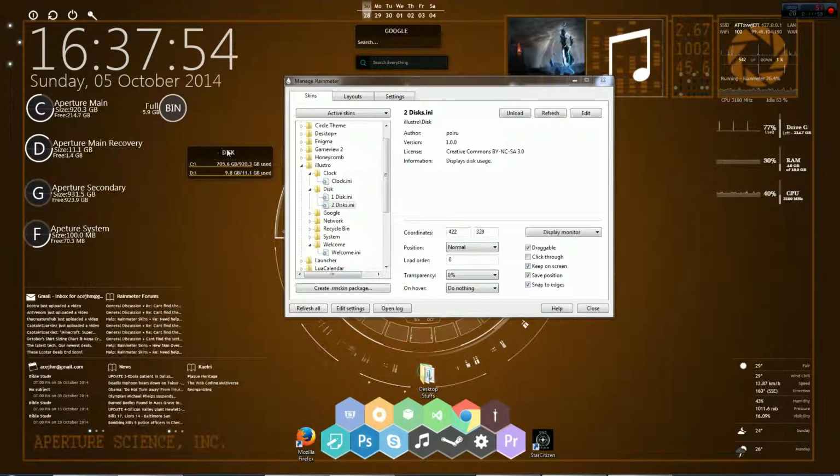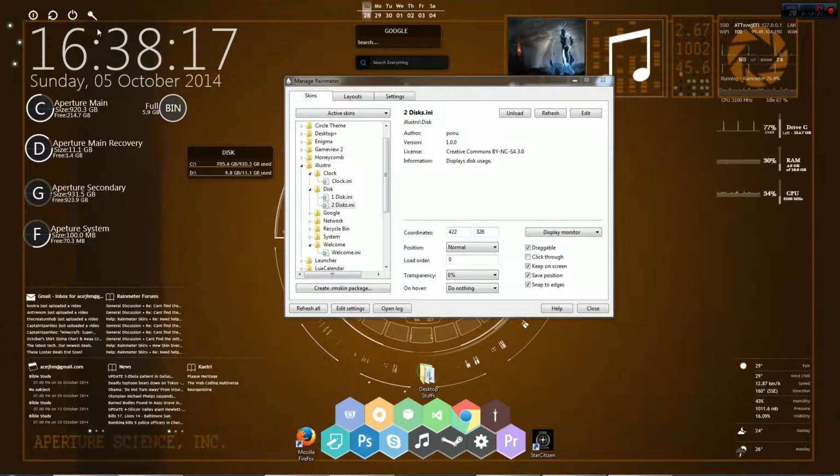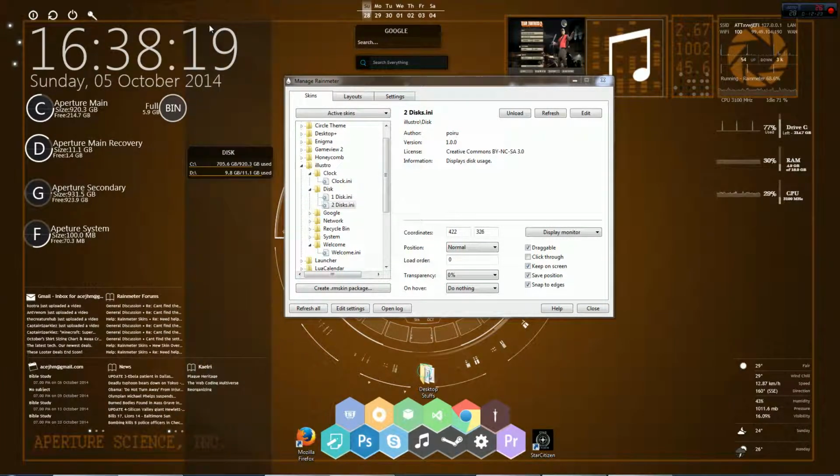Alright, in addition to that, you have load order. If you wanted to specifically tell it what order to load in, you can do that. Transparency, so obviously that just, 90%, it'll be hardly visible. Now this can matter if you're stacking multiple things on top of each other. So, for instance, some of these skins add things like this to give you just an area to place stuff in. But if you have multiple of these on your desktop, you can actually set the transparency to be less whenever you stack them on top of each other,